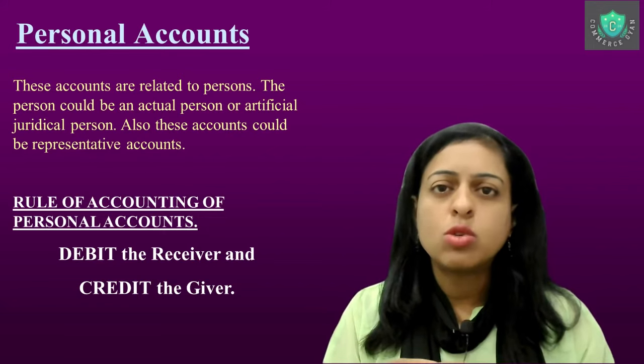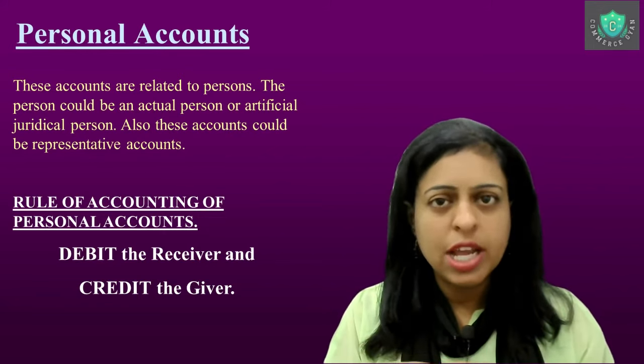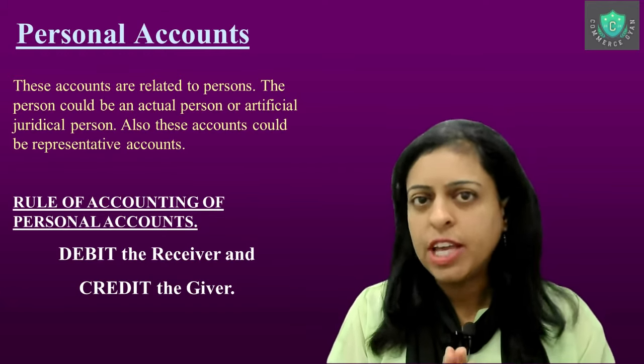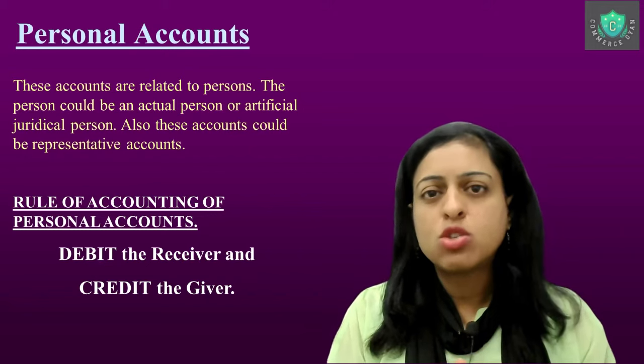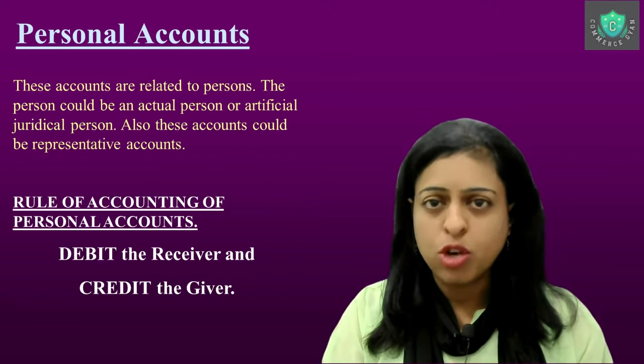So the giver's account is what? It is credited. So debit the receiver and credit the giver. This will be the rule of personal accounts. Fine. So once you've understood the rule of personal account, we move on to the next type of account, which